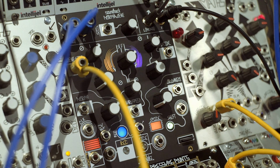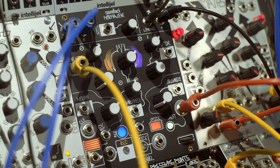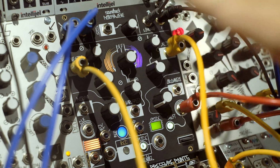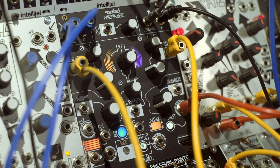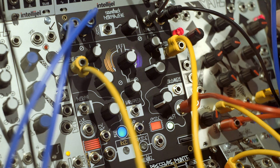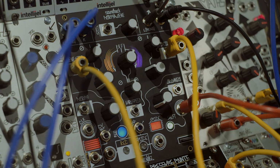So maybe if I give the end of rise output from my Maths to the shift control, and since I've got two sides to Maths, there's always two sides to Maths, maybe I should feed the slide control with a voltage and see what happens. Nice. So you see, by recording this tiny element of music into Morphagene and applying some voltages,